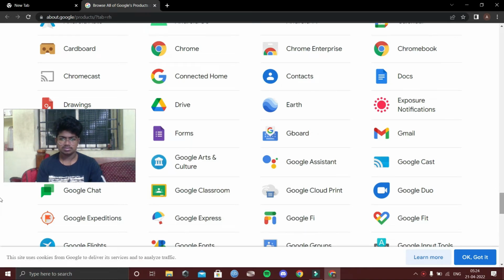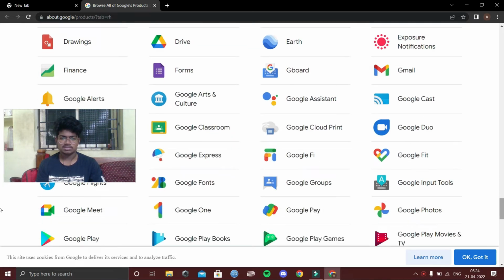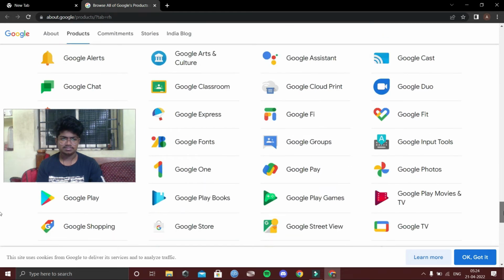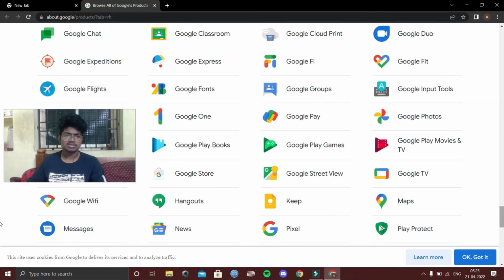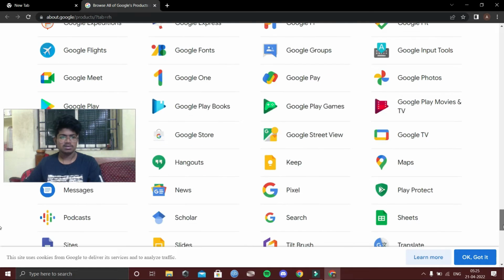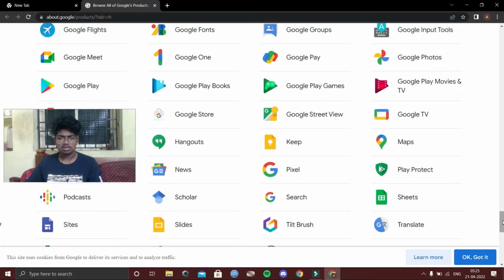Contacts, Docs, Drawings, Drive, Earth, Exposure Notification, Finance, Forms, Gboard, Gmail, Google Alerts, Google Art and Culture, Google Assistant, Google Cast, Google Chat, Google Classroom, Google Cloud Print, Google Duo, Google Expeditions, Google Express, Google Fi, Google Fit, Google Flights, Google Fonts, Google Groups, Google Input Tools, Google Meet, Google One, Google Pay, Google Photos, Google Play, Google Play Books, Google Play Games, Google Play Movies and TV,